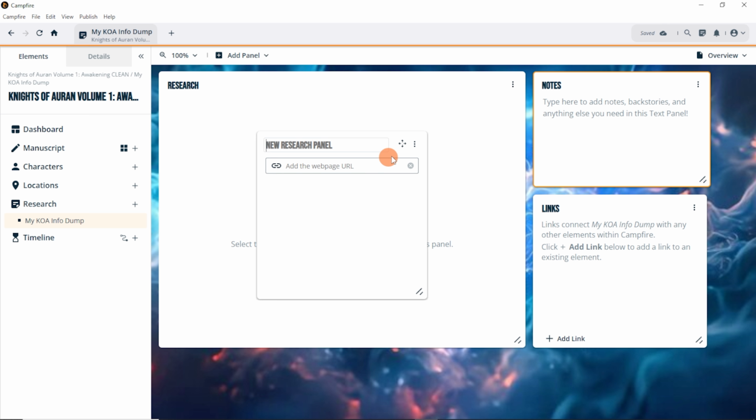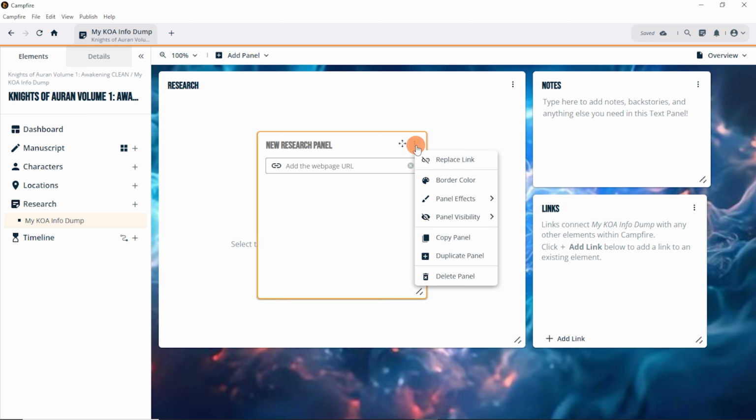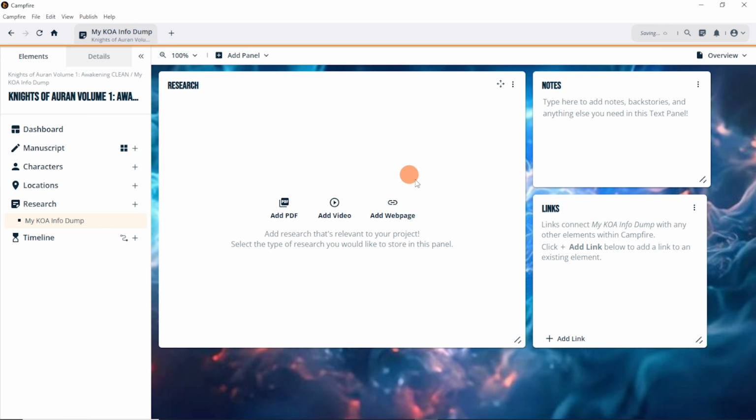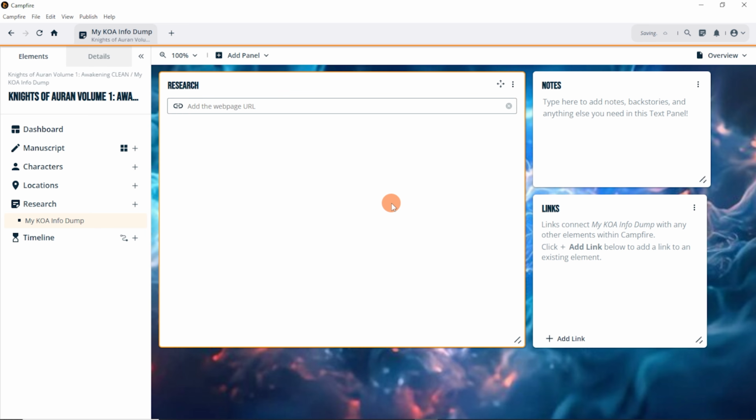Pinterest. So what I'm going to do is go to these three dots, because remember, three dots is your right click, and I'm going to go ahead and delete that. And I'm going to use this research panel that came with the template. This is the basic template for the research. So I'm going to go ahead and go to add a web page, and I'm going to go to my